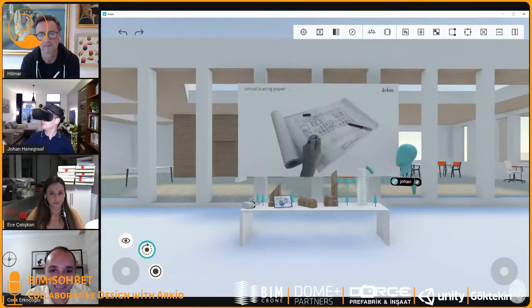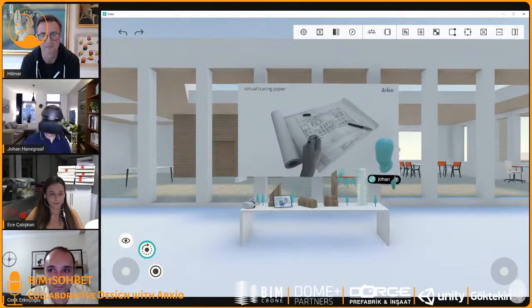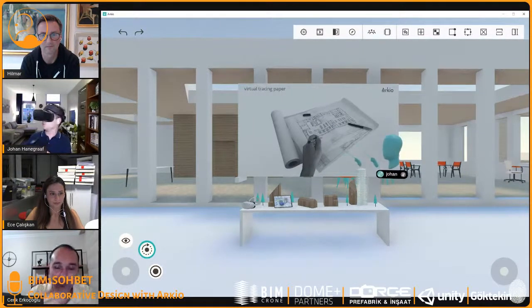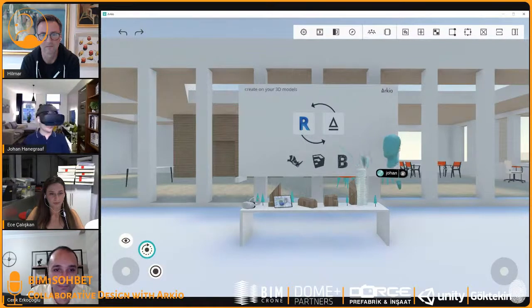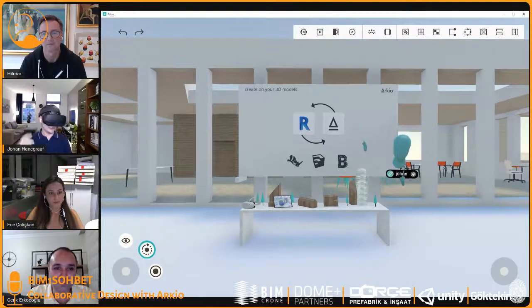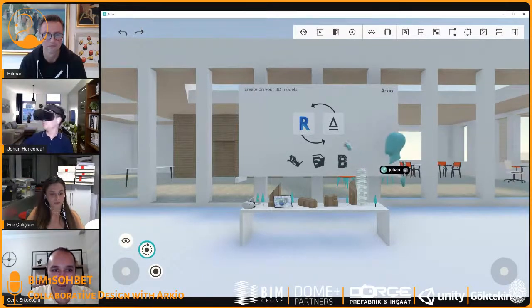And we see Arkio as a 3D tracing paper where you can load existing models from other design tools, make new design suggestions on top of that model, and load those back into the other tool. So we have integrations with Autodesk Revit, with Rhino, SketchUp, and BIM 360, and it's a bi-directional link that we have. So you can bring your models in from Revit, but you can also bring your Arkio creations back to